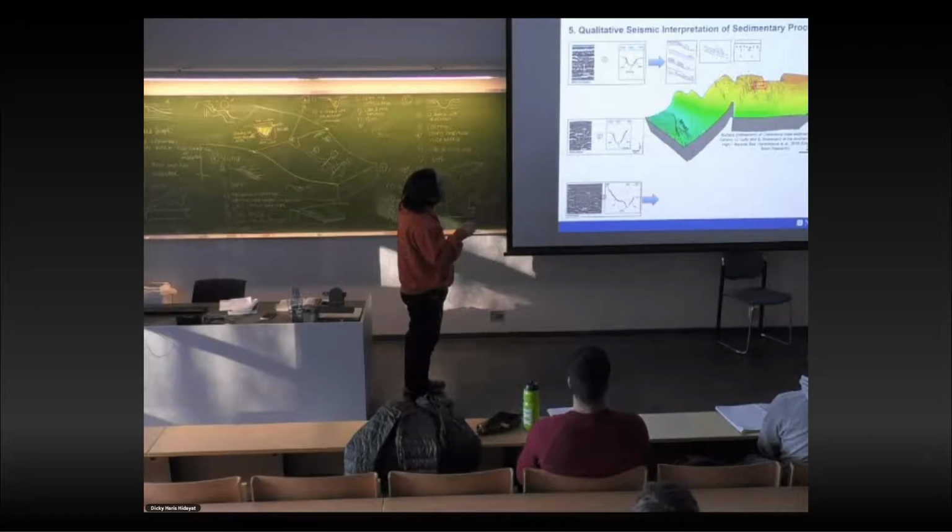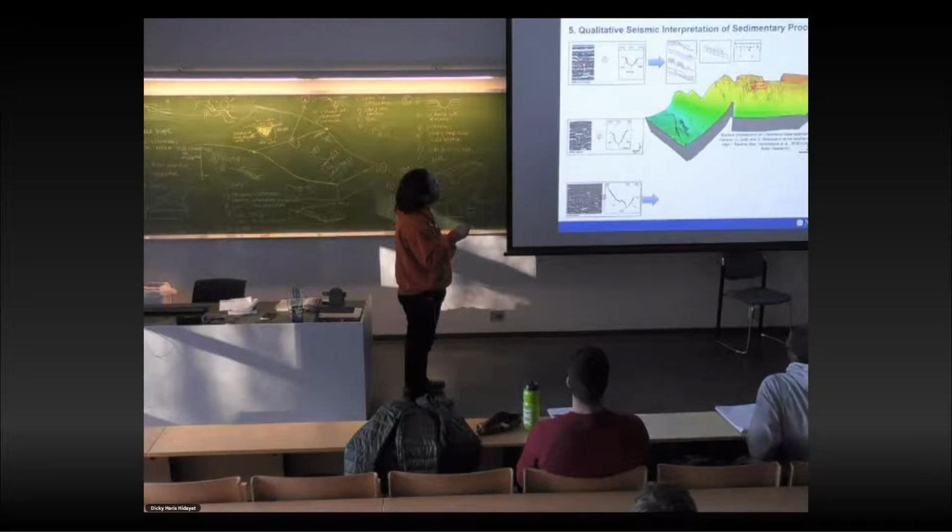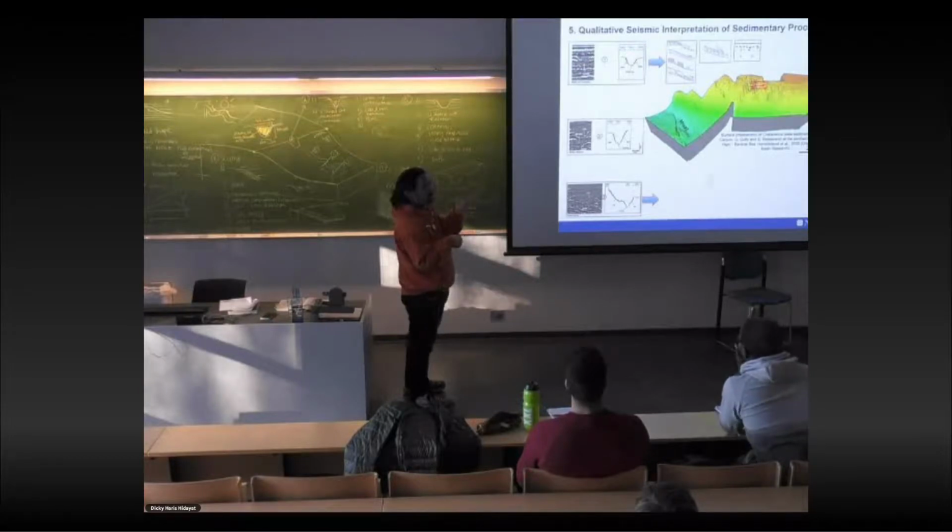Did you see this white high amplitude? It means a high amplitude reflection element. So this white high amplitude is a product of this rockfall or debris slope from the canyon wall, because you see, it's very localized at the base of the canyon. So this is a product of this mass movement in the canyon, in the proximal canyon.